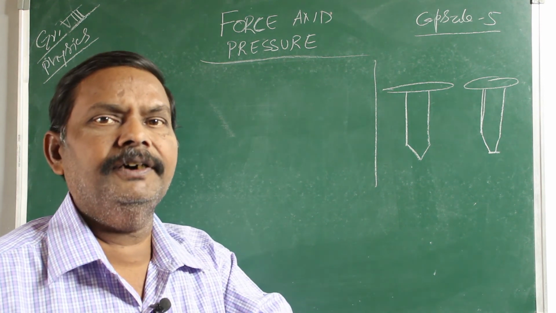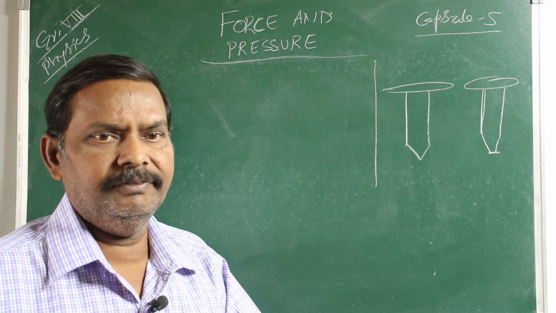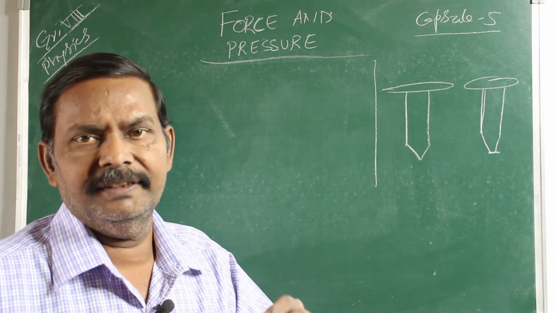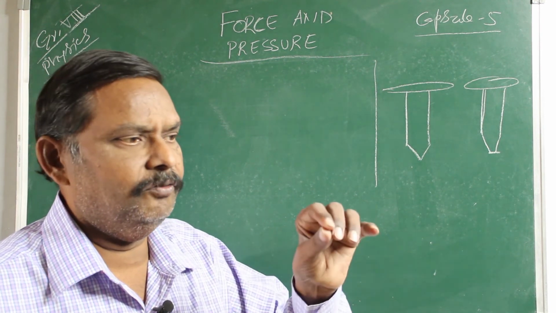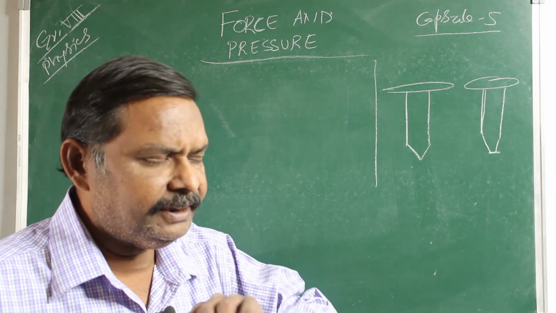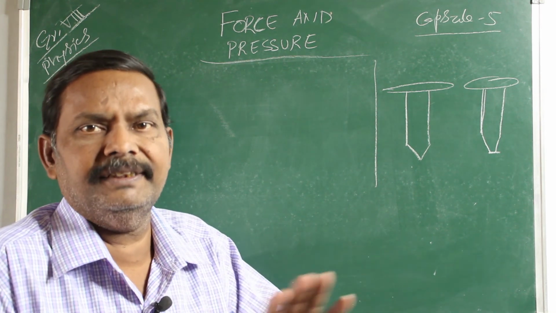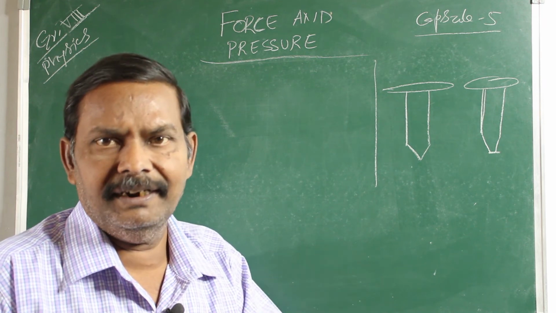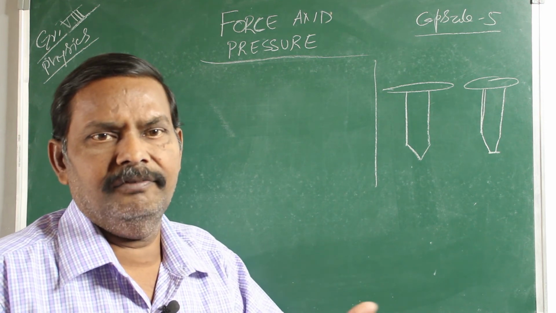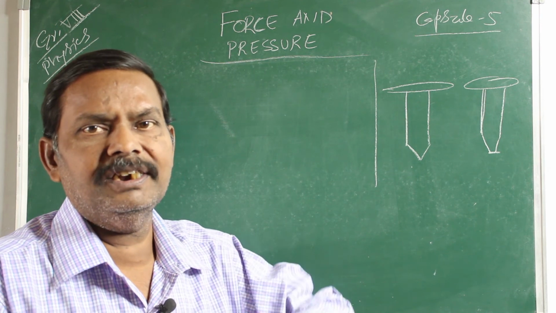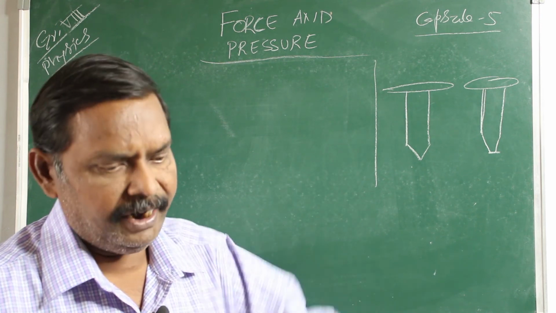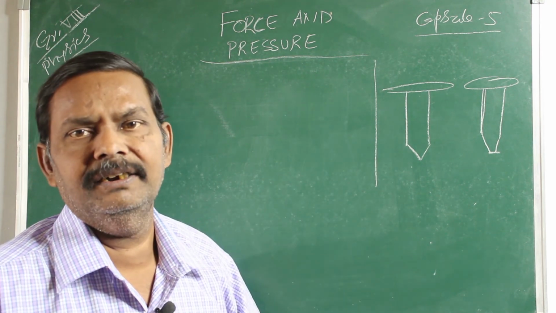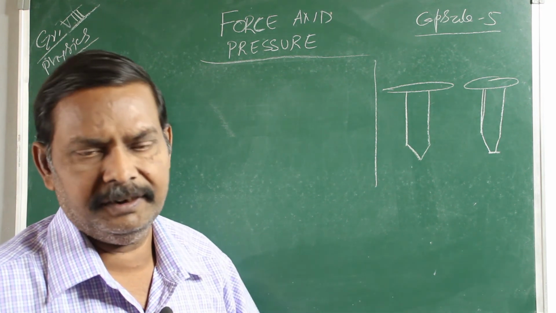In the case of a high heel with a sharp tip, it is very difficult for the person to walk on the sandy soil, because the tip of the sandal is very small. When the area of cross section is small, obviously the pressure will be more and it will insert into the sand, so it is difficult to walk on that.